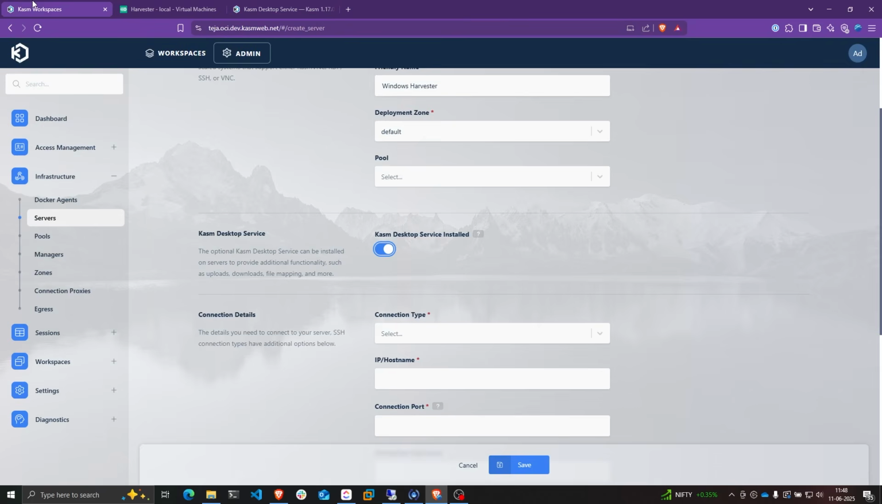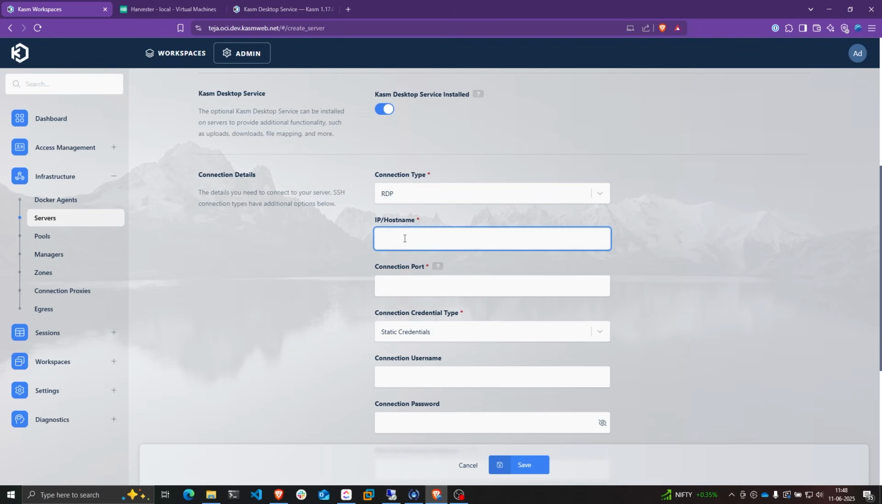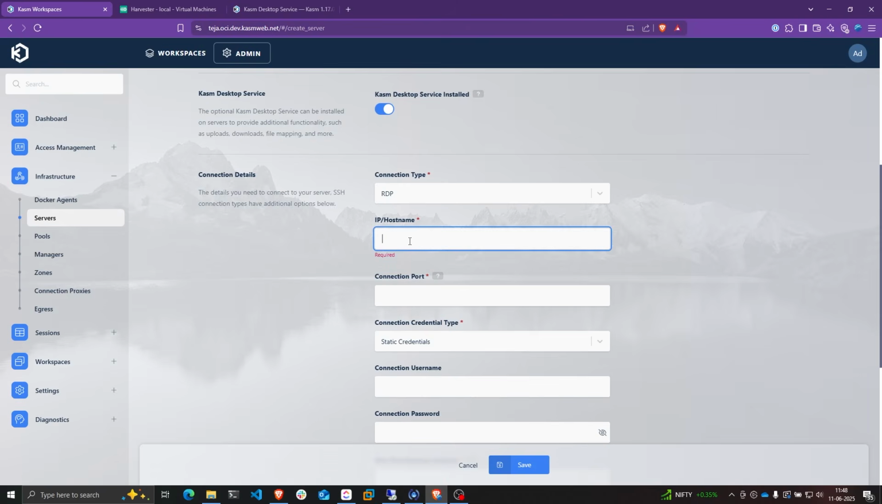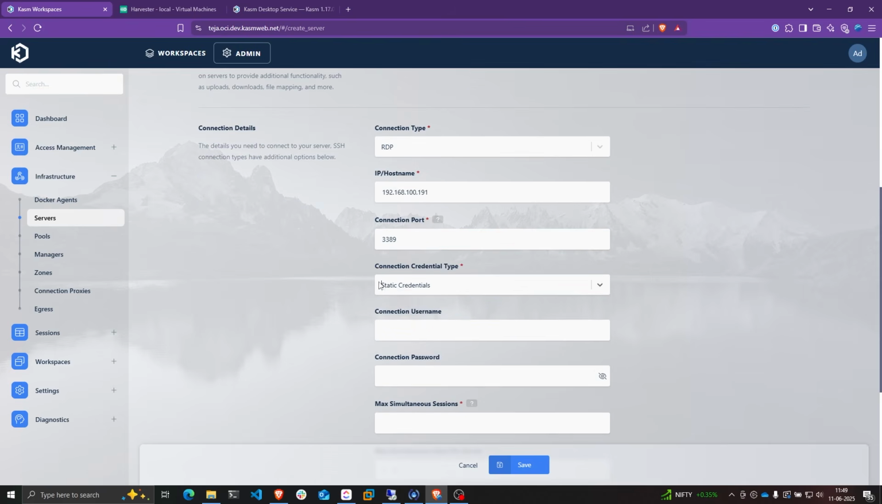So I'm going to go back to my Kasm Workspaces and make sure Kasm Desktop Service installed is enabled, and we're going to install the Kasm Desktop Service in some time on the Windows VM. The connection type is going to be RDP. The IP or hostname is going to be the IP or hostname of the Windows VM. In my case, it is 192.168.100.191. The connection port is going to be 3389, which is the default RDP port,